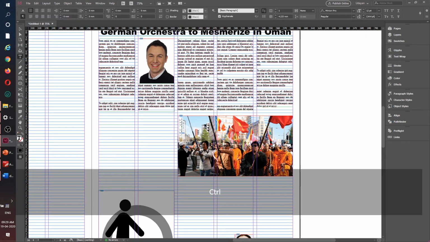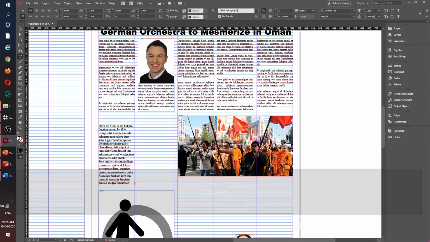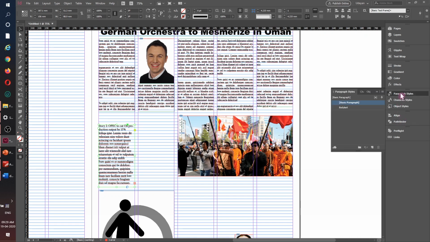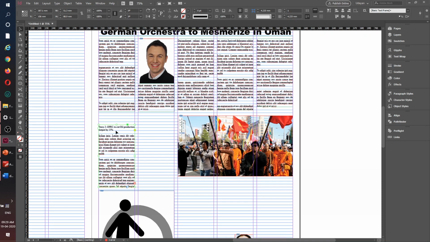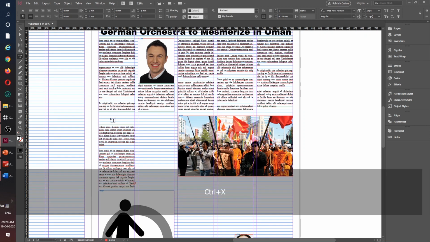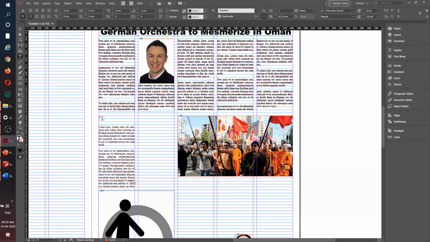and Control V. Now since I already used a text, remember this should be in green box, so we are good. Since I already made a text and it is not connected, not a big deal. Select this, go to paragraph styles, body text, and everything is fixed. Cool. That is the advantage of making a paragraph style. So I'll select all this, Control X, and I'll write my headline.